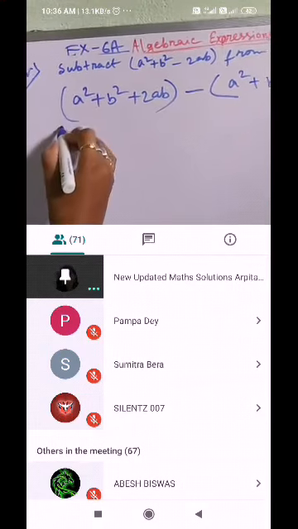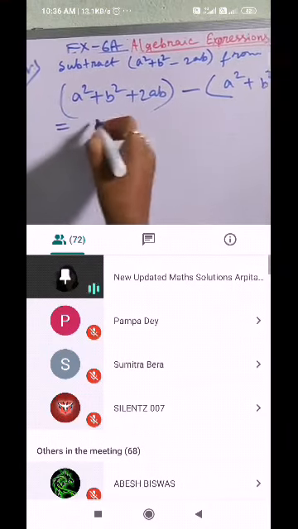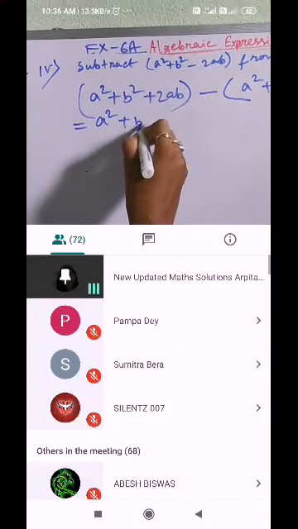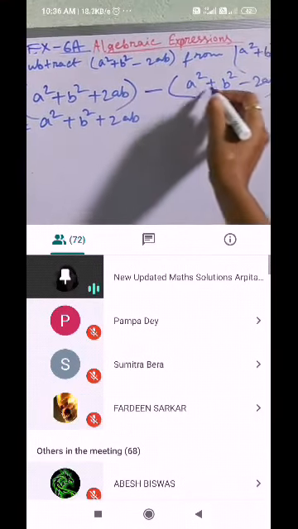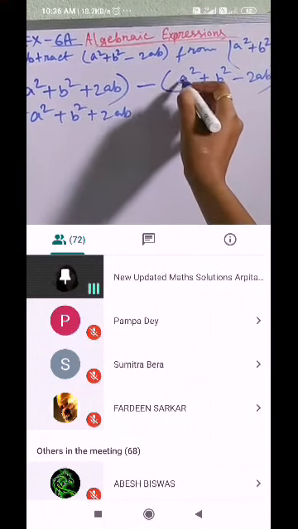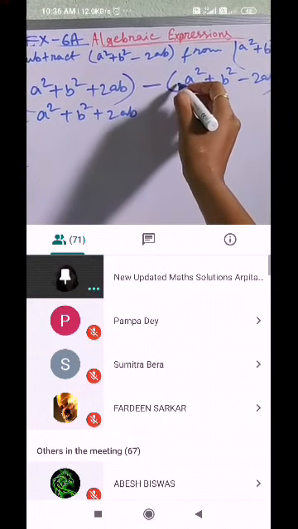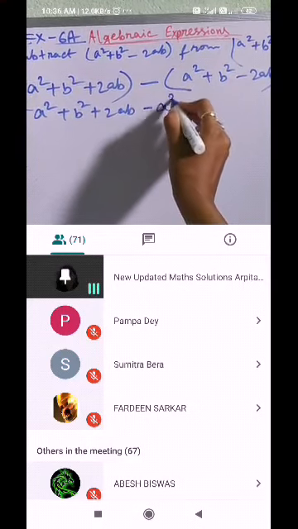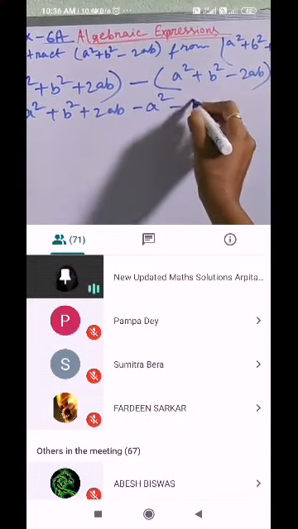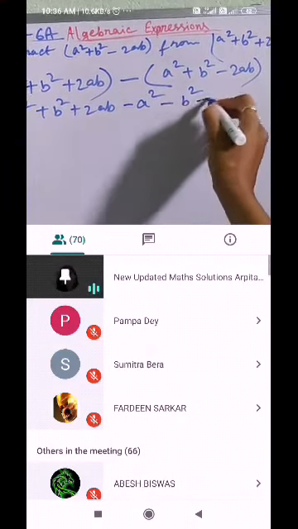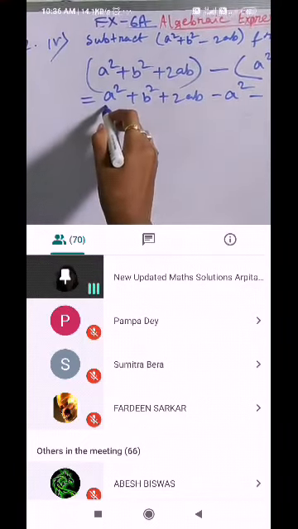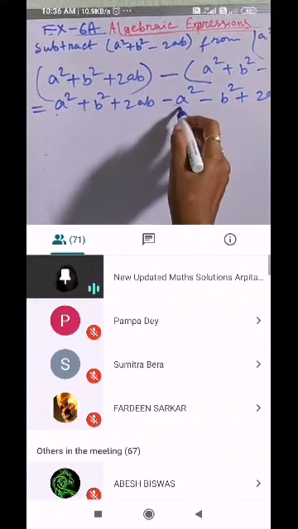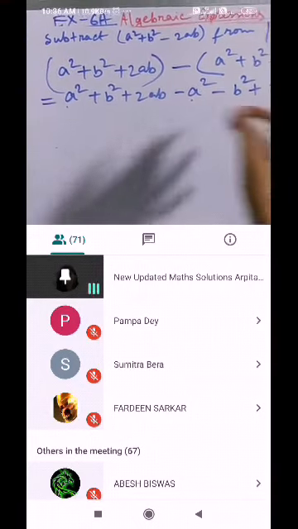Okay. Now the next work is we have to remove the bracket. A square plus b square plus 2ab. Then for this minus, all the signs will be changed here. Before a square there is no sign, that means addition sign. That's why minus a square. Then minus plus minus b square, minus minus plus 2ab. Then see, here is plus a square, here is minus a square. So we can cut it, or we can jot down the same variable terms.